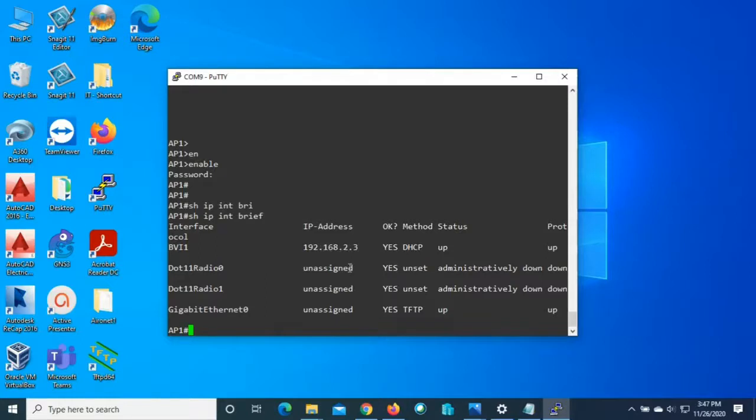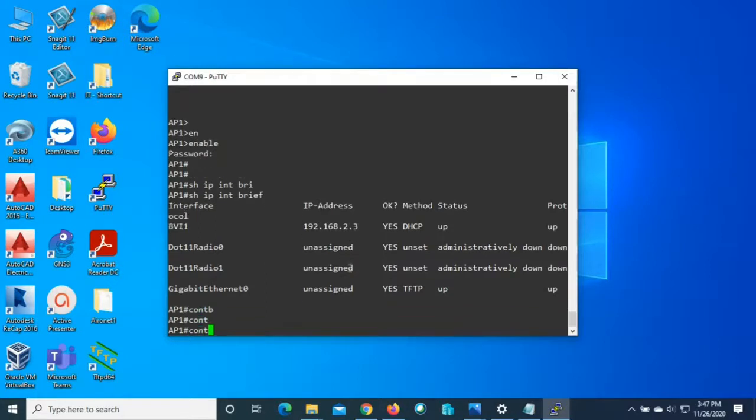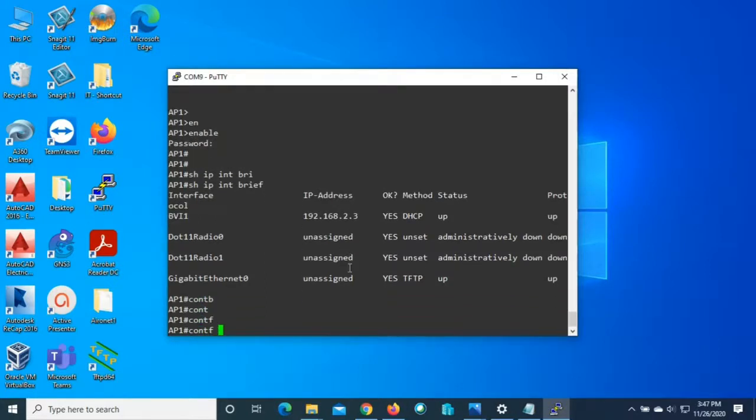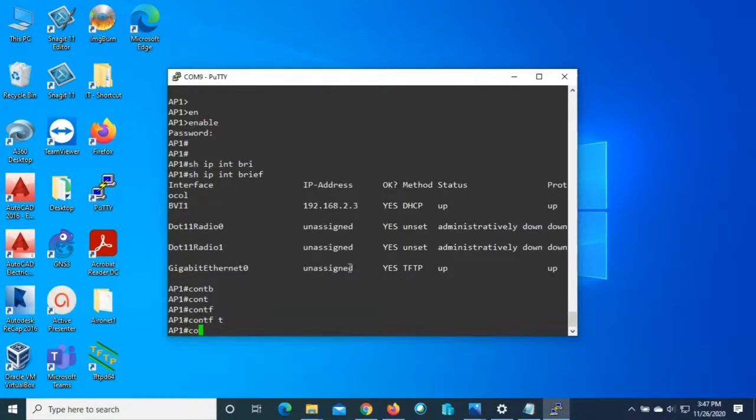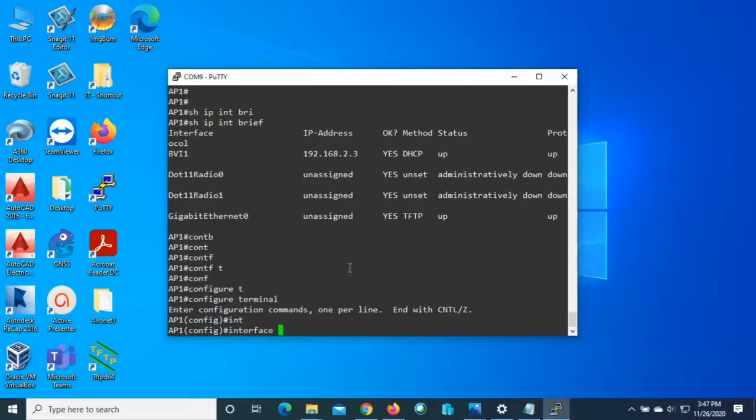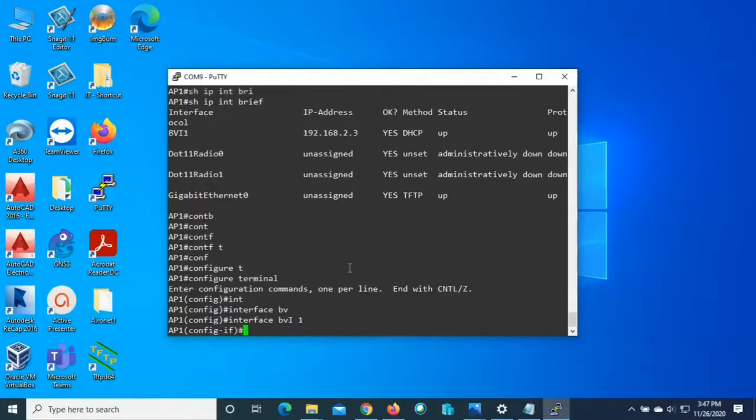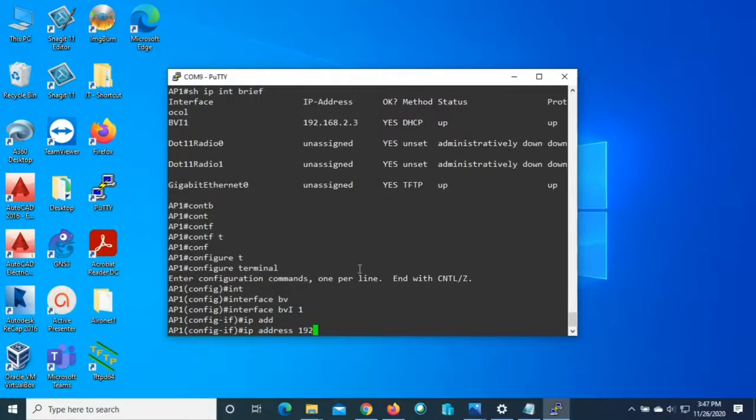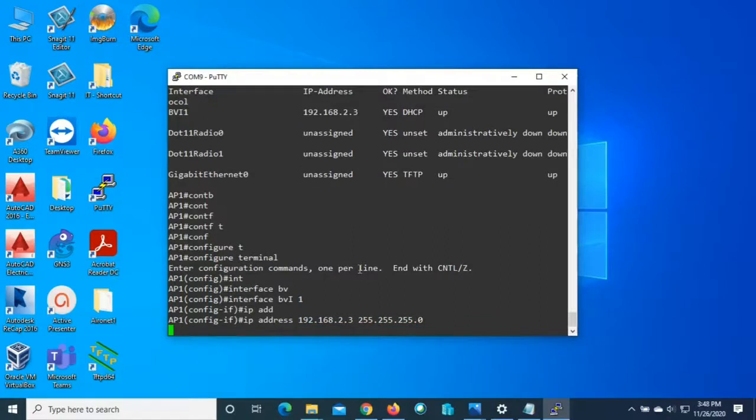So we have to go to global configuration mode, configure terminal, go to interface BVI1. So we'll put the same IP address, 192.168.2.3, the subnet mask same as the network, 255.255.255.0. Then no shutdown,